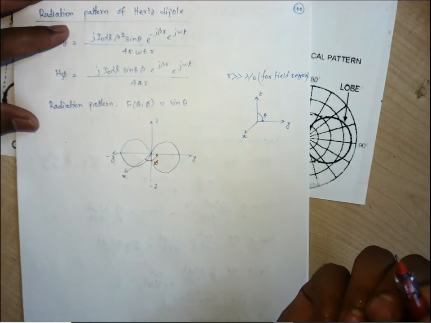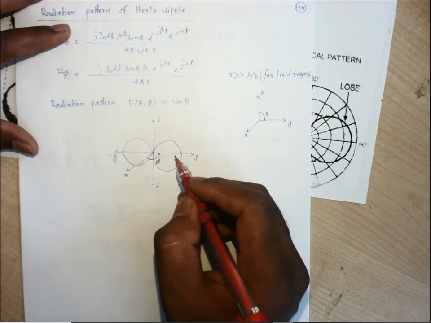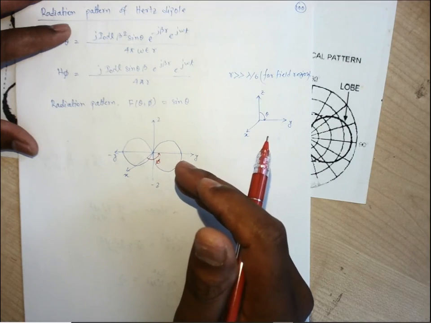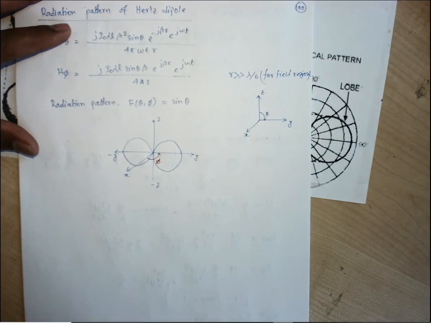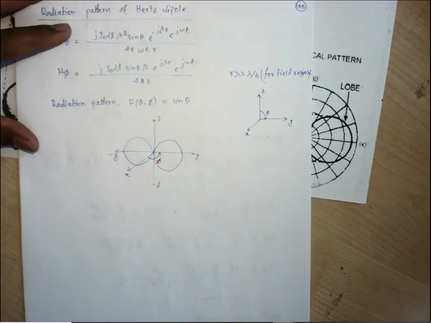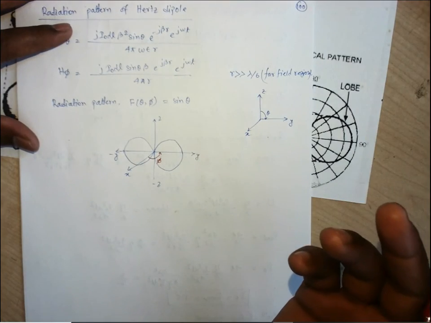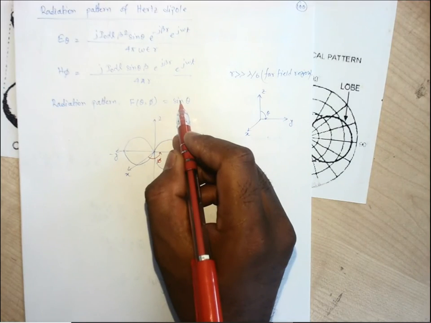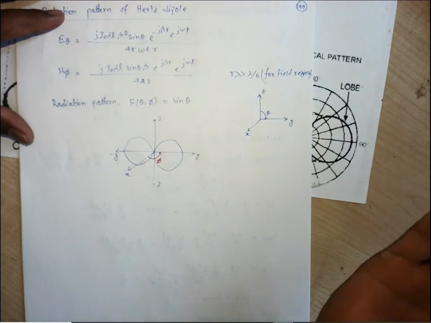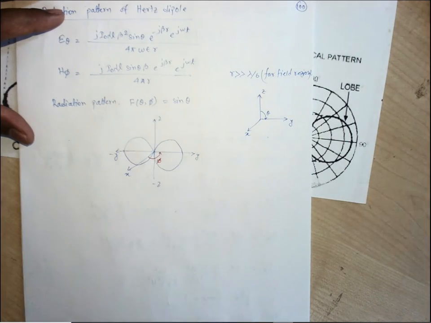Okay. So on the yz plane, now if we move left or right. No, you just think of something like that. For this case, whatever slits I have drawn, it is for what value of phi? If I consider along the y, it is for phi equals 90 degrees, so we have the variation with respect to sine theta only. So what is the value of phi? Phi is the whole azimuthal plane, 0 to 2 pi. So you need to consider the 8-like shape for every value of phi.